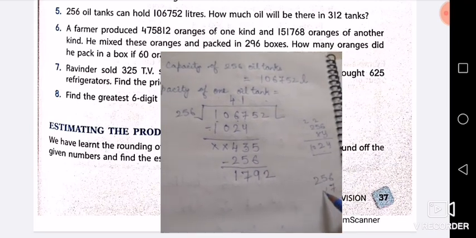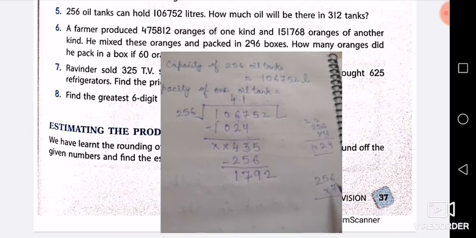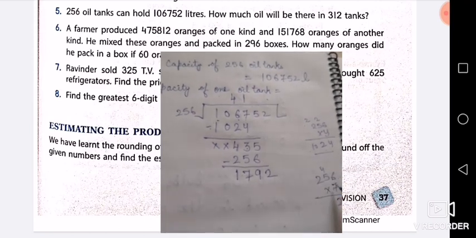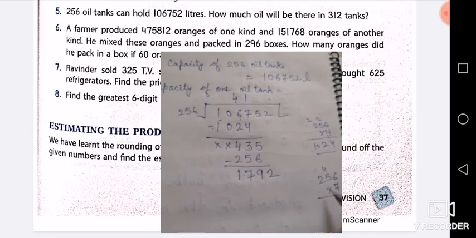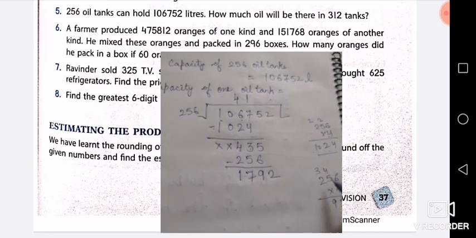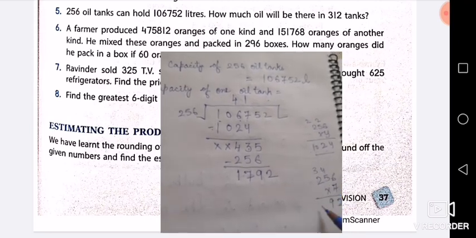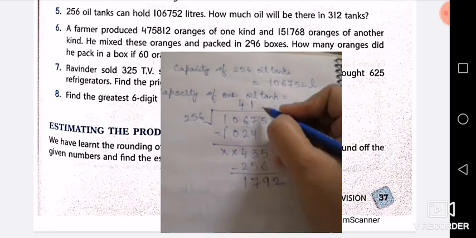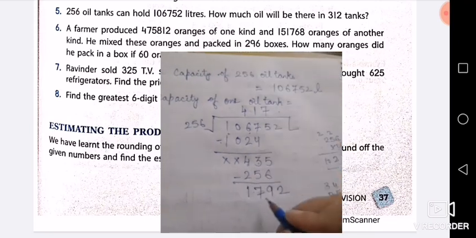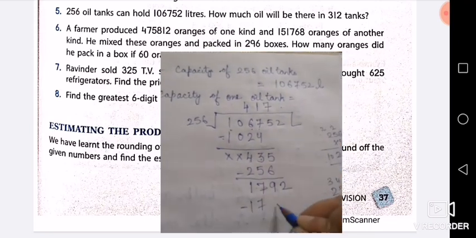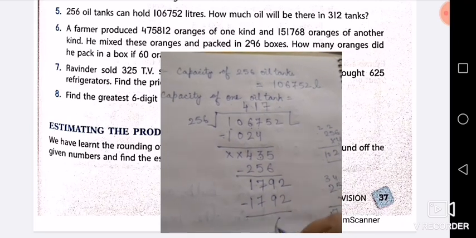7 6s are 42. So it will go 7 times. 7 6s are 42. 4. 7 5s are 35, plus 4, 39. 3. 7 2s are 14 plus 3, 17. So 417. That will be the capacity of